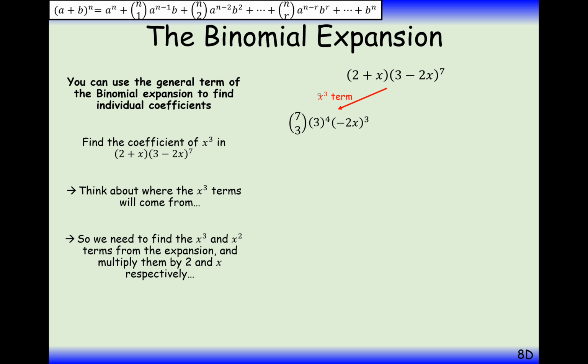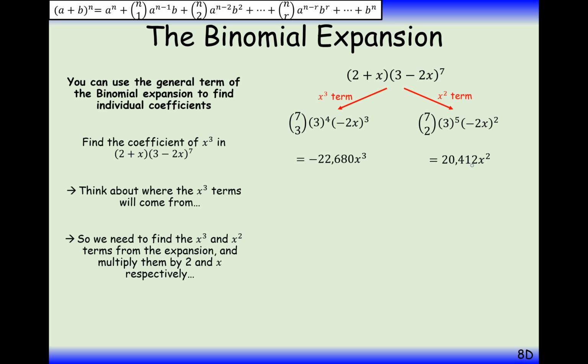So that's going to be the x cubed term, which is -22,680x cubed. Now we need to think about what the x squared term is going to be. Well, in this case here we need -2x to be squared. We need 5 powers on the 3. And then we need a 7 choose 2 because we're choosing 2 of these -2x's. So in this case here we get